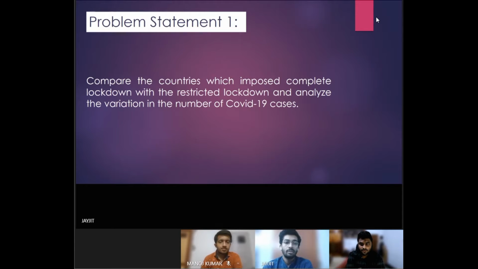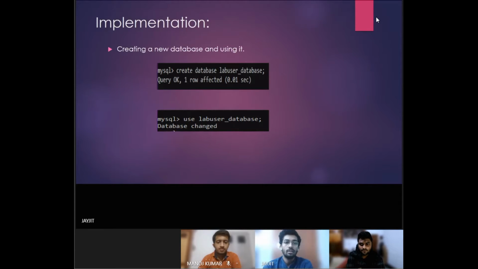In our problem statement 1, we compare the countries which impose complete lockdown with the restricted lockdown and analyze the variation in the number of COVID-19 cases and which countries have higher number of cases and which countries have lower number of cases. So we start with the implementation of our